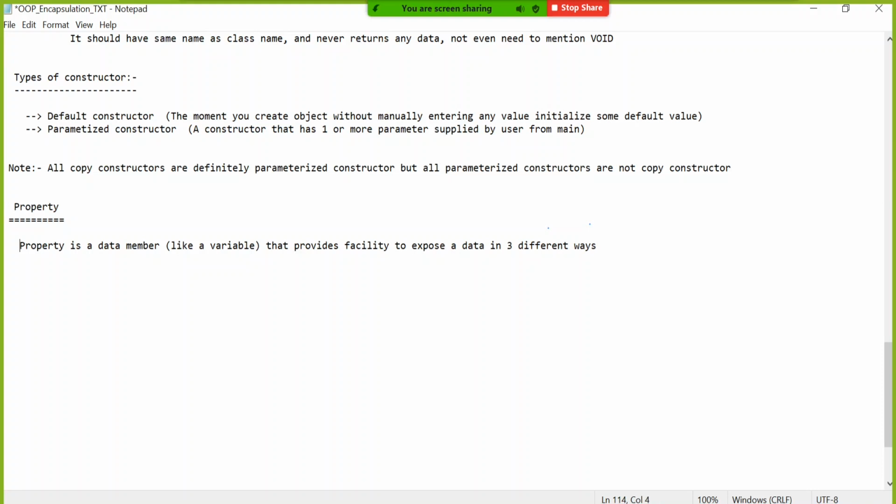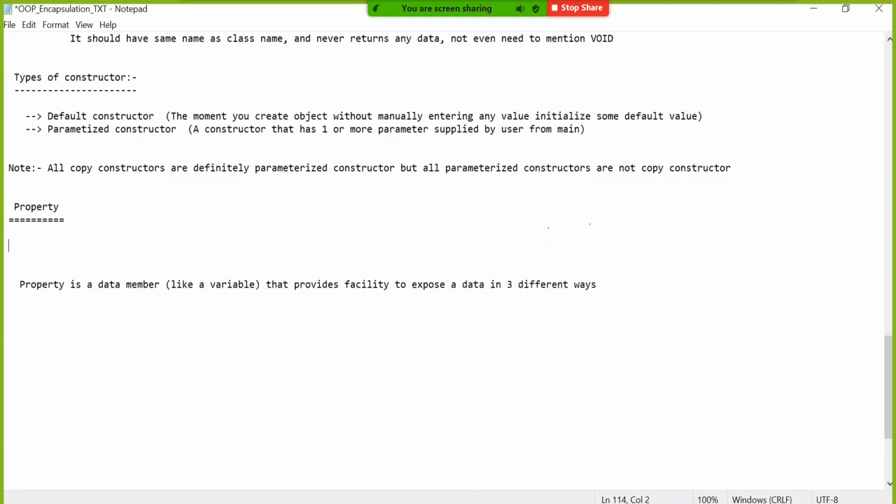Before going to this, imagine you have no facility of property, you have only the facility of variable.